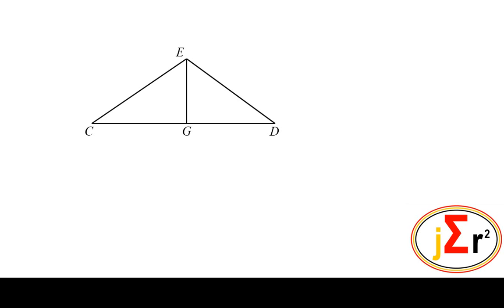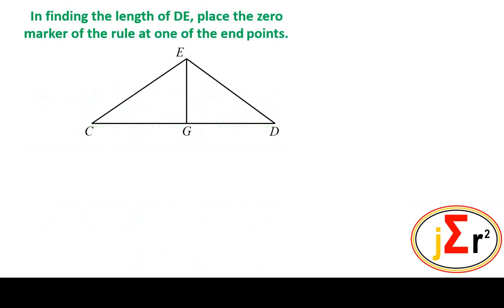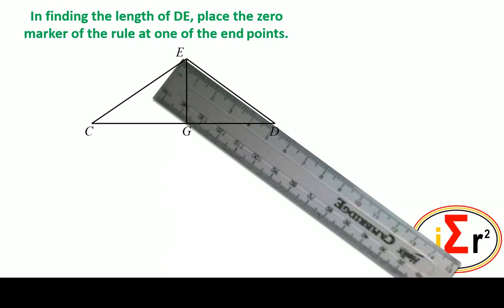In this audiovisual, we will measure some geometric quantities. The first one that we will measure is the length of a line segment. The line segment in question is the line segment ED, and we will measure the length of the line segment ED. We will begin by placing the ruler, as a matter of fact, the zero marker on the ruler at